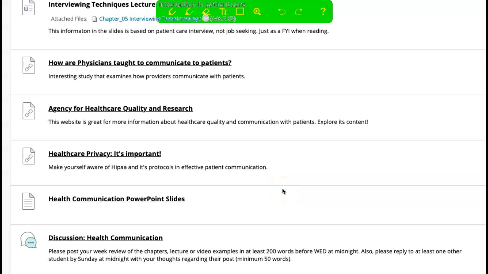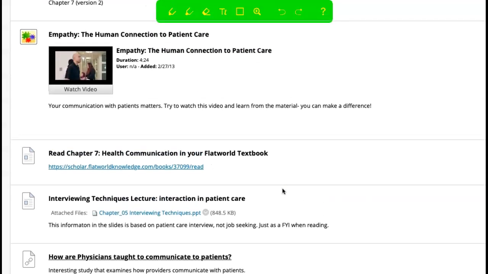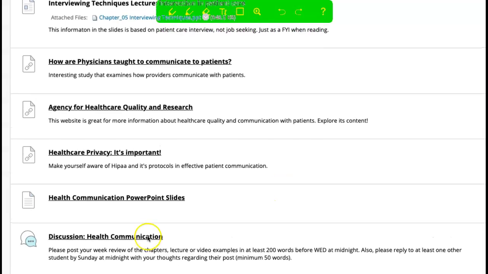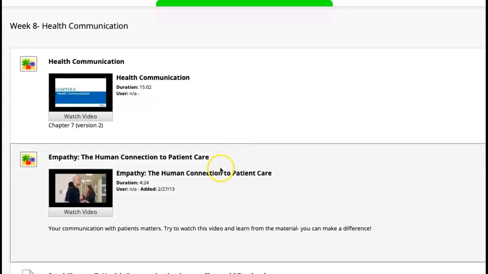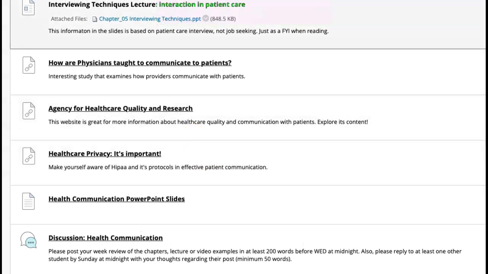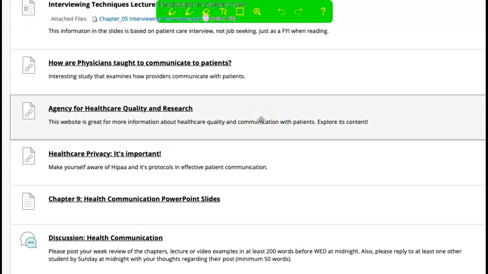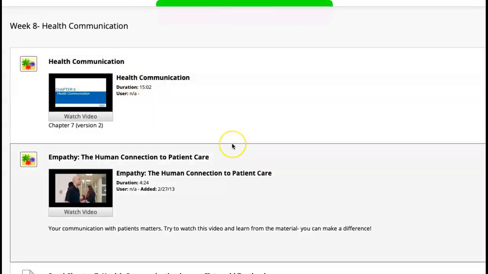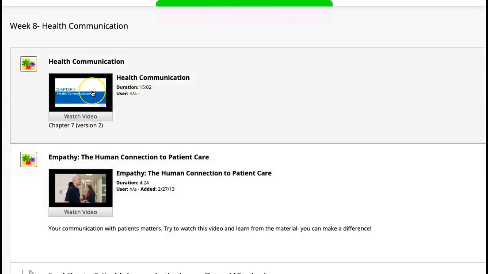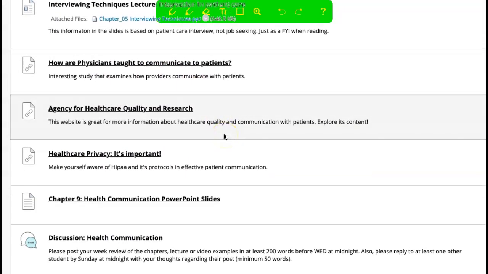Healthcare privacy, and then the communication PowerPoint slides. Those communication PowerPoint slides, I believe, are for the chapter. Let me double check for you. If they are, I'll reword that. One second. It's fixed. It should say chapter 9. I'm not sure why it didn't. Well, actually, it should say chapter 7. I'll have to fix it again. I'll fix that here in a bit. It says chapter 9 in the slide itself because that's what, of course, I use. It's the same chapter again, but it's chapter 7 in your text. So I'll edit that to make sure there's no confusion there.